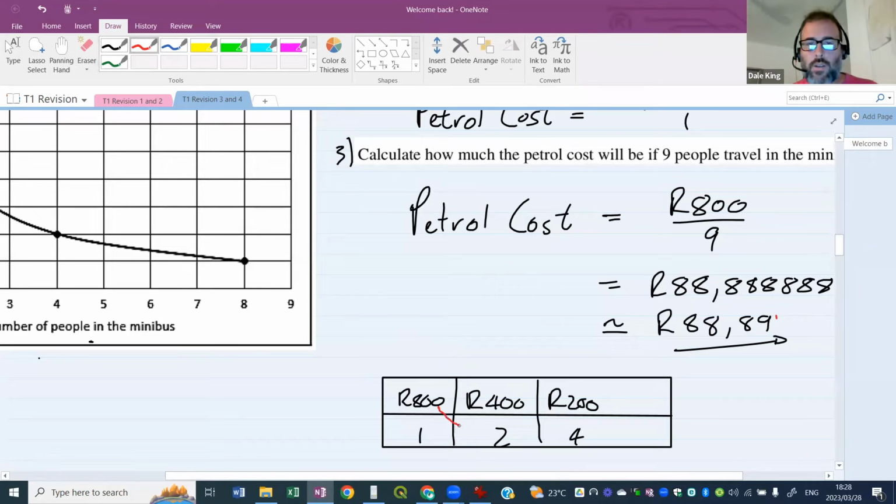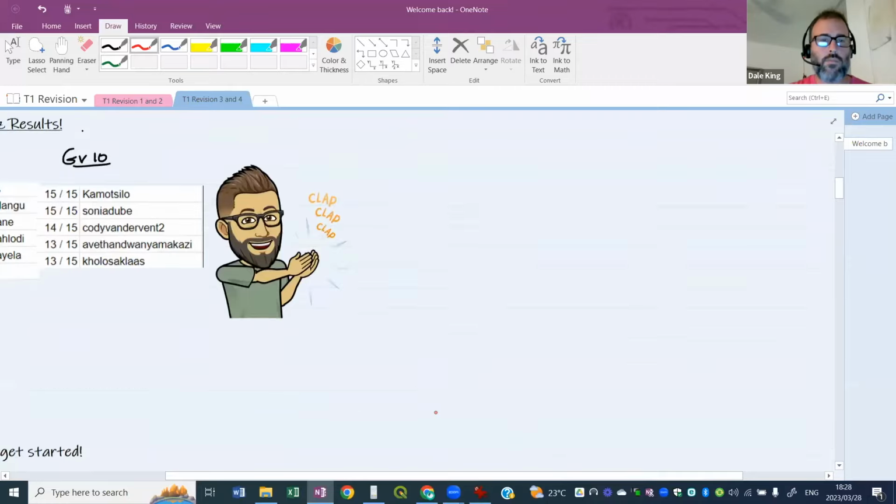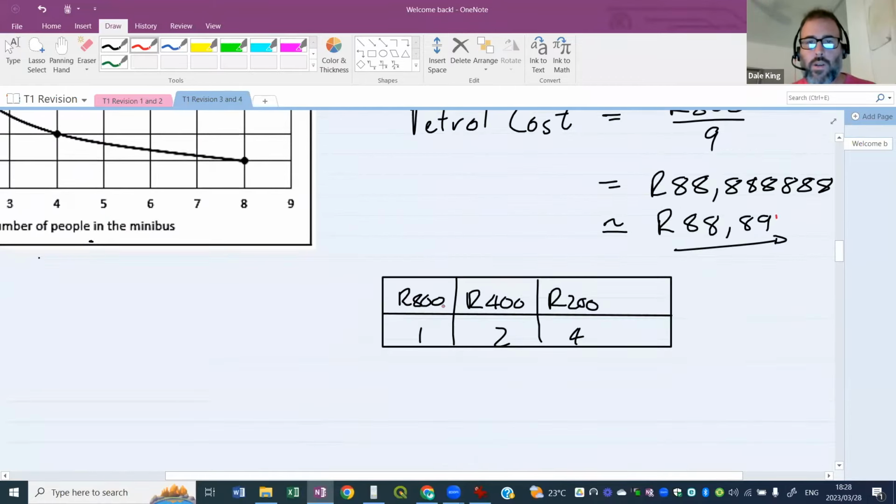So 800 divided by 2 gives us this 400 Rand value here. The 800 divided by 4, if I draw an arrow all the way across, gives us this 200 over here. So we're trying to find a pattern in the values that they've presented us in the graph to help us